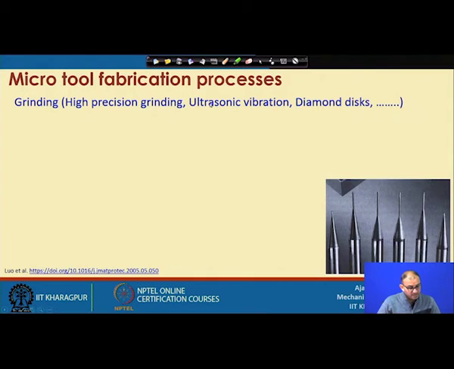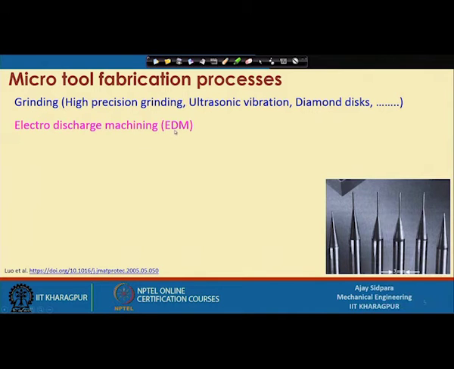People also use ultrasonic vibration to reduce the cutting forces, and there are diamond discs available with diamond particles at a nanometer level, and then you can do some type of feature cutting on the different types of cutting tools. Then electro discharge machining, because this is widely used, because it is a non-contact process, as there is no contact between the cutting tool and the workpiece. Mostly material is removed by melting and evaporation. So, in this case the advantage is that you will mostly get force free machining. So, forces will not act onto the surface. So, you will get very fine features from this electric discharge machine.